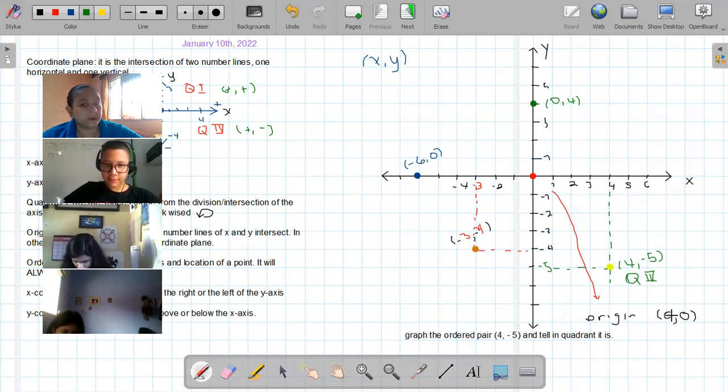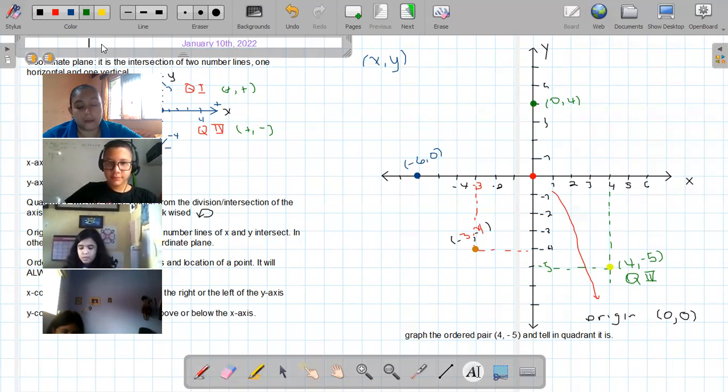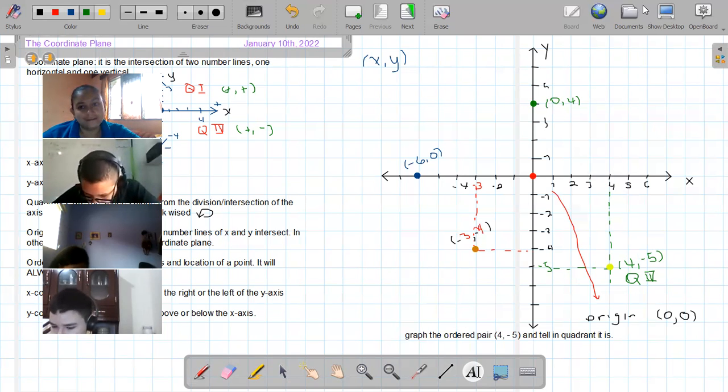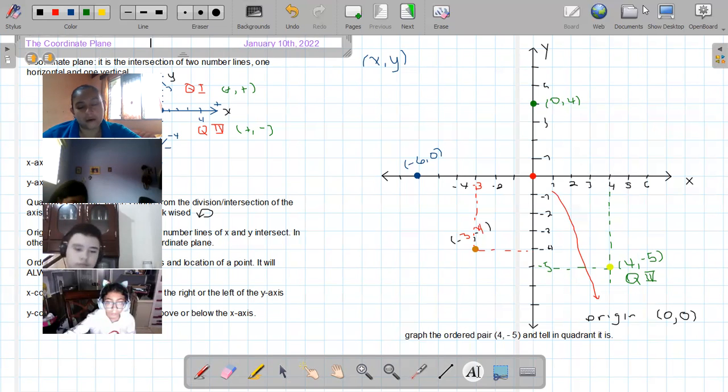And basically, that's what we were going to see today. What's today's topic? The coordinate plane. The coordinate plane, correct. So this is the first topic for the third partial. Is there any question? Okay, then